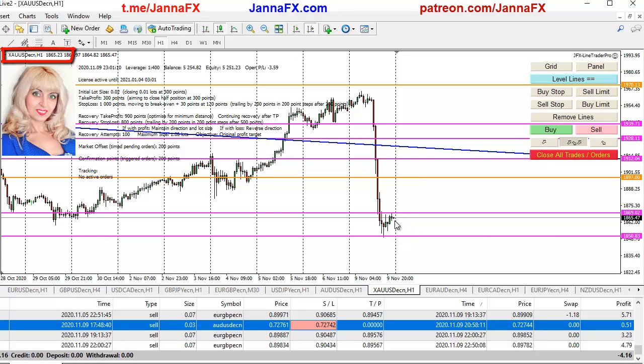So pretty much at this moment there is nothing here. There are some wings, and maybe it's a bottom, another going to be a bottom, and then it would be a double bottom. Or maybe it will fool us, jump down, collect the bottoms, and then turn around again. So that's what I can expect from gold. At this moment I'm just going to wait for it. There is nothing at this moment.